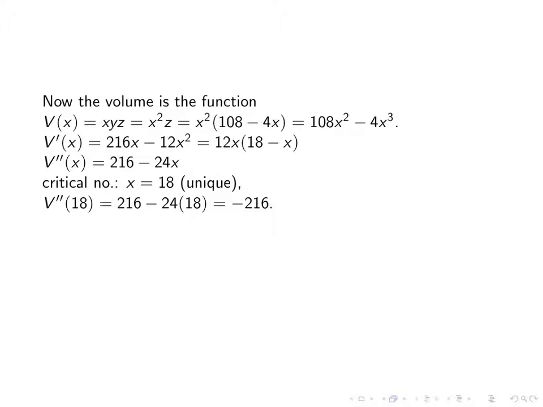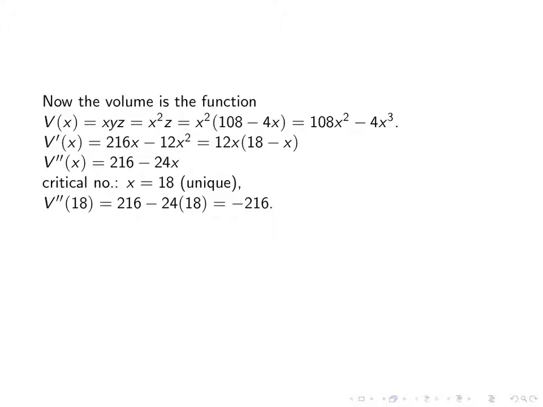The critical value or critical number is x equals, well, you solve this and you get x equals 0 and x equals 18, but only x equals 18 counts because x being a length of the side of a box is positive, so you can disregard x equals 0. So there's the unique critical value over the real domain of the function. So it's 18 is the value. V double prime of 18 is 216 minus 24 times 18, and you compute that to be negative. The point is that that is negative, so it's a concave down situation with a horizontal tangent at x equals 18,